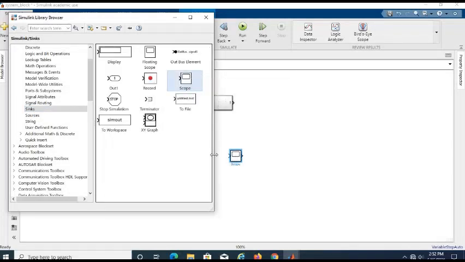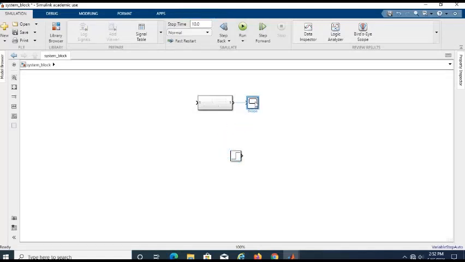We use scope, edit scope, and here it is the open loop. Okay, that is our input. How to show the result, and then we run, but it takes time to compile first.